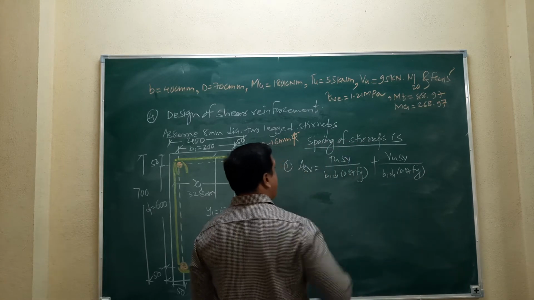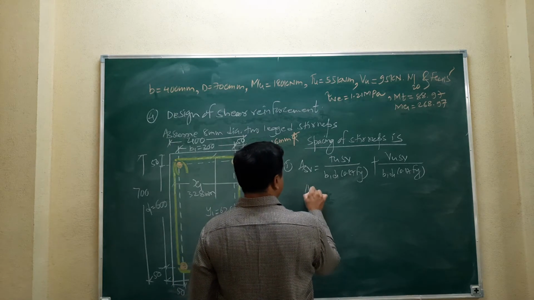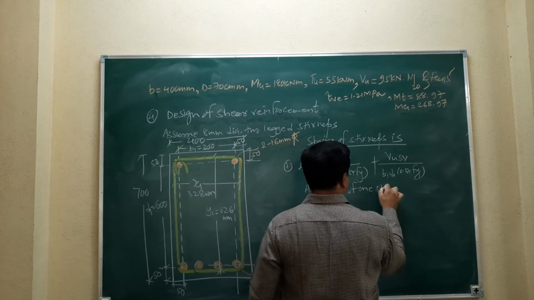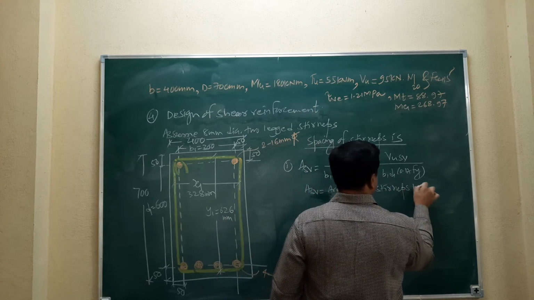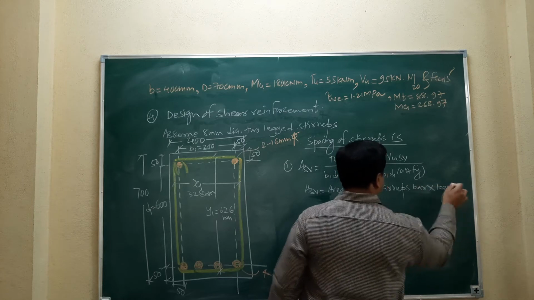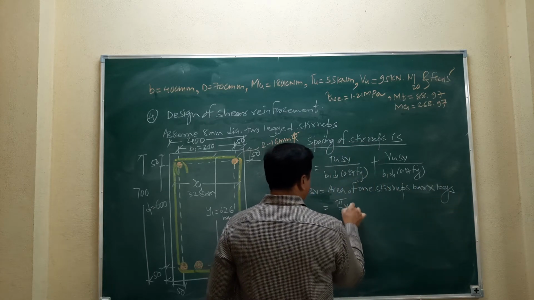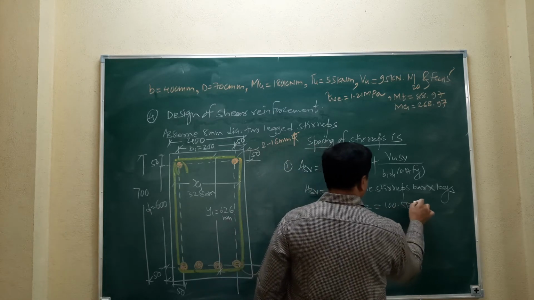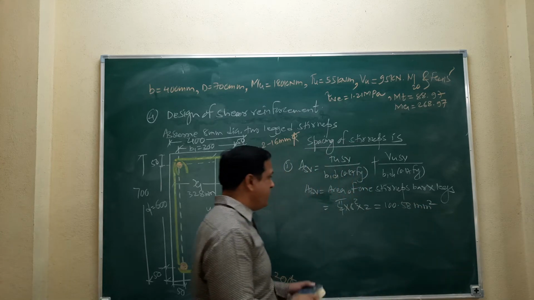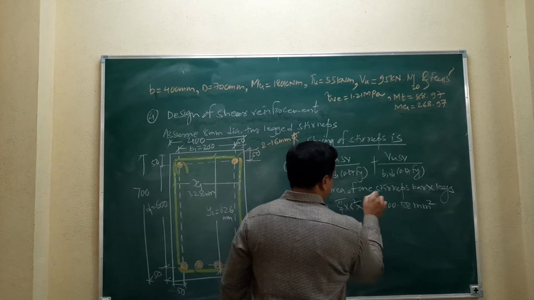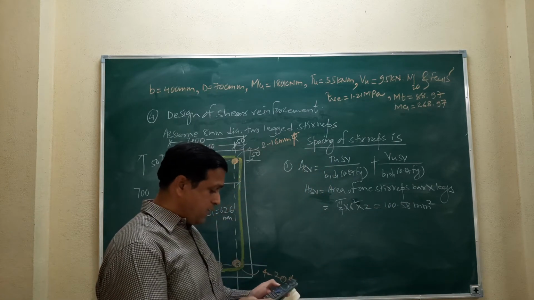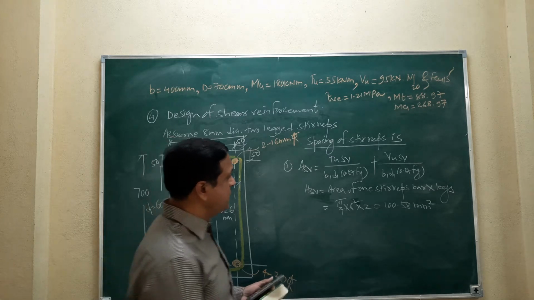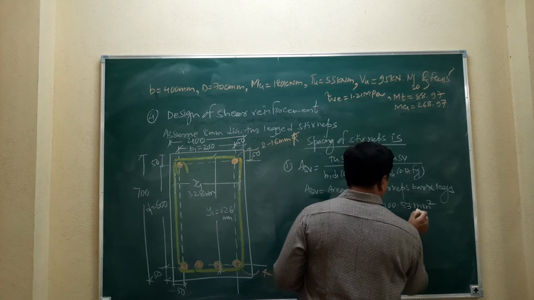Okay, so already we have the ASV. ASV is the area of one stirrup bar multiplied by legs. So it is pi by 4 into 8 square multiplied by 2. We know that it is 100.58 as per our previous problem. Pi by 4 into 8 square into 2. I will check it again. Okay, is it 100.53? Sorry, it is 100.53.